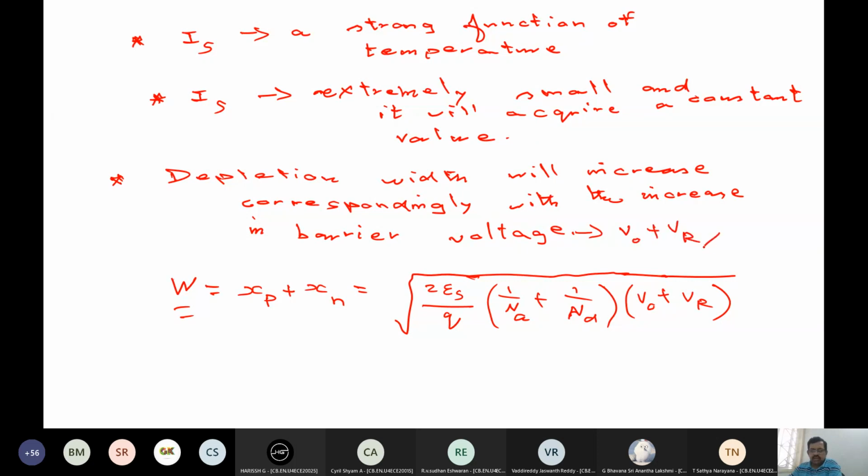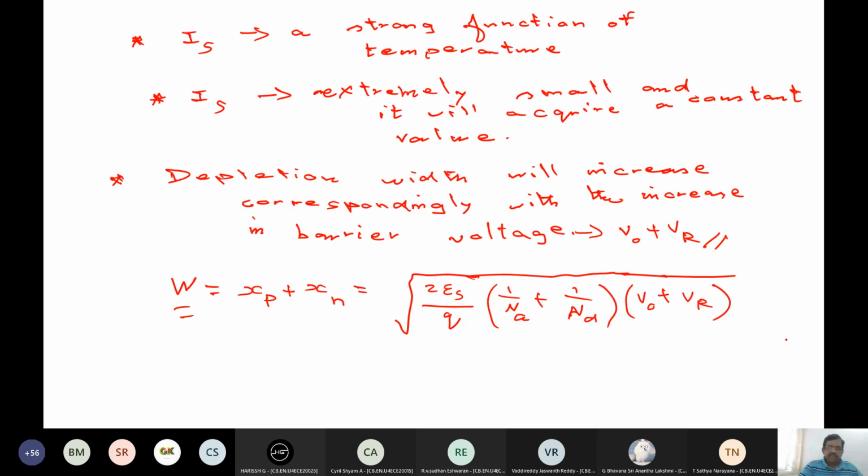Under reverse bias, the diode does not conduct. The drift current is extremely small. We will see what the value is typically. If you talk in terms of milliampere to 1 ampere in the forward bias, here it becomes microampere or even less. Reverse bias does not support diffusion. We need to support the diffusion process in order for the PN junction to conduct. So that is the main thing.